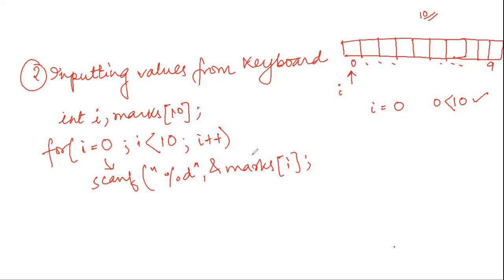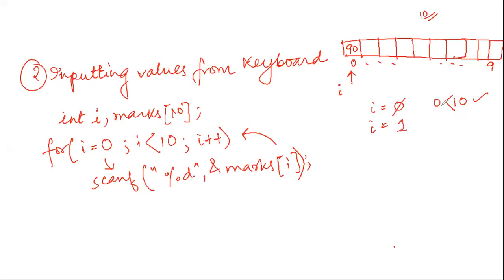It distracts me. So it will take an input from the user. We all know the ampersand and the scanf statement, which is used to take an input from the user. Suppose I am giving an input: it will ask me to input a value. I am giving an input 90. So 90 will be stored, and once 90 is stored, it will go back and do i++. i has now gone from 0 to 1.